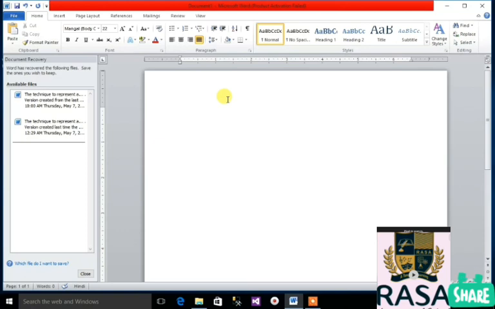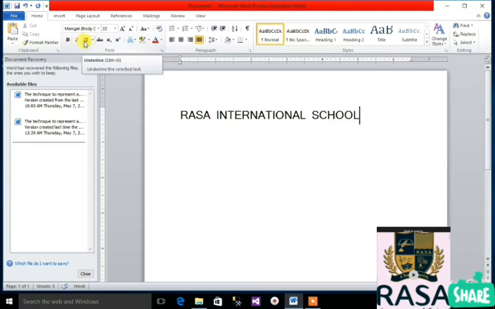So if I am writing here like this, so this is your text. You can bold it. These are the tabs. You can bold, italic and underline this text.